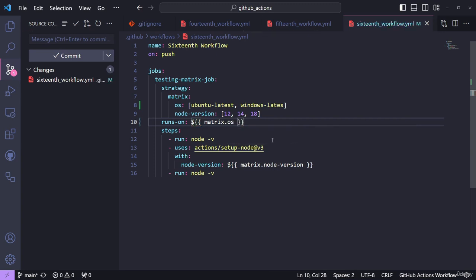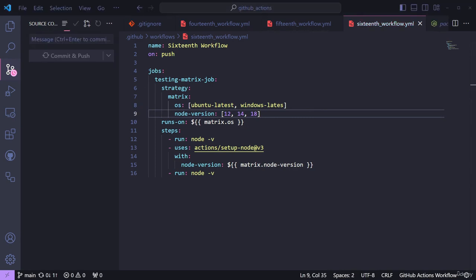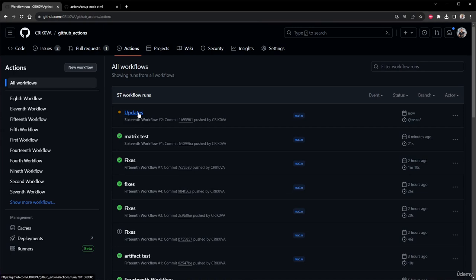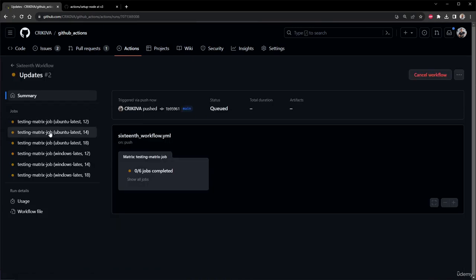Now let's think about how many workflows we should have. If we had 3 before, and now we've added 2 more parameters, that means we'll end up with 6. So it will run 3 times on Ubuntu and 3 times on Windows. Let's go to Actions, open the current workflow, and as we can see, we already have 6 parameters. The workflow has started, and we can immediately see Ubuntu 12, Ubuntu 14, Ubuntu 18, Windows 12, Windows 14, and